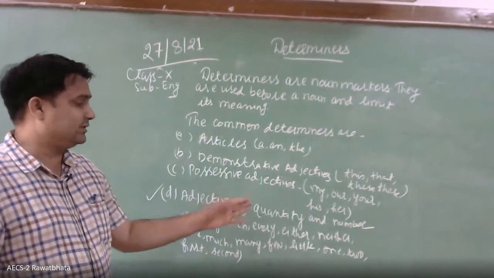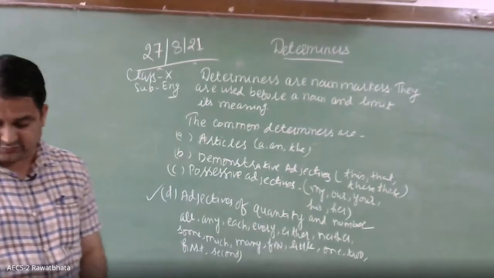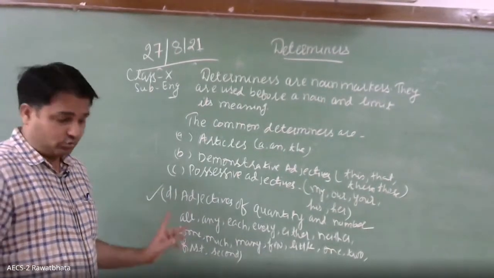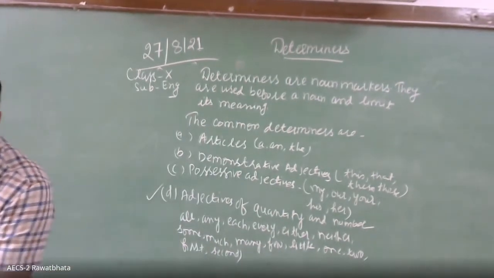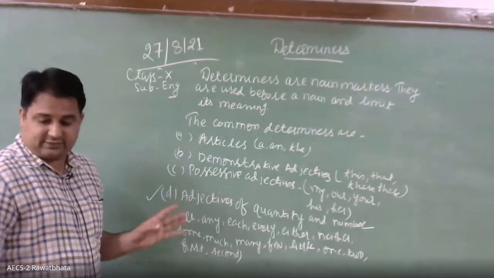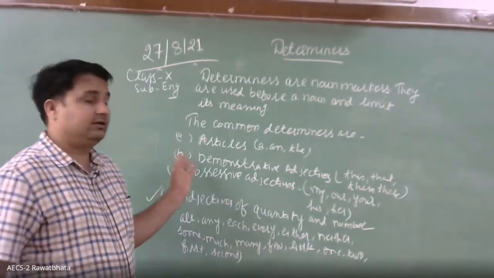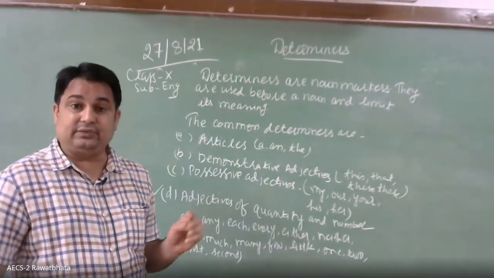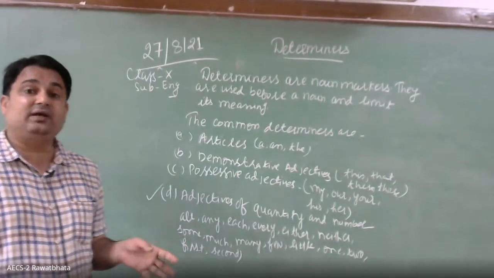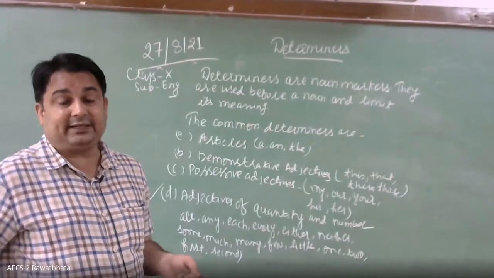Then adjectives of quantity and number we have discussed. So likewise you write all these, then we will proceed and discuss articles. Have all of you written this, children? Yes, sir. Okay, you write this, then we will discuss these determiners one by one. We will discuss articles, where few, a few, the few is used; where little, a little, the little is used; and where many and much is used.